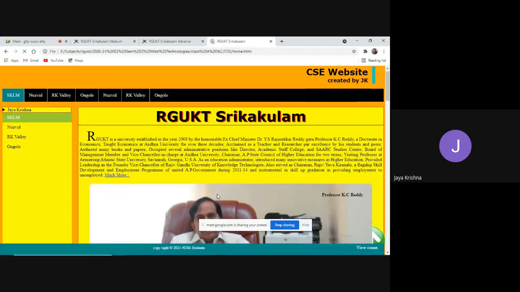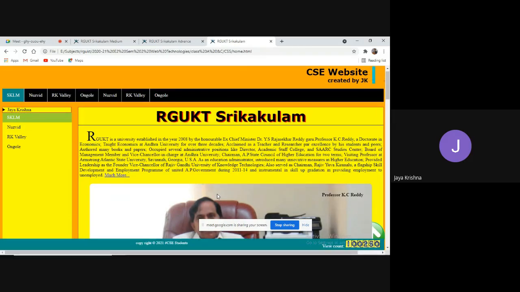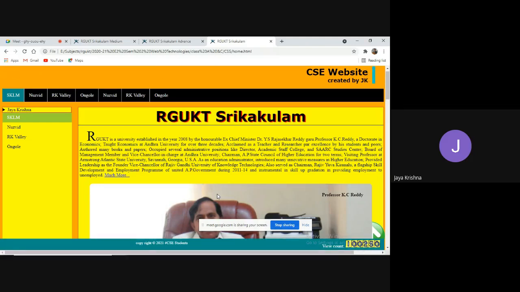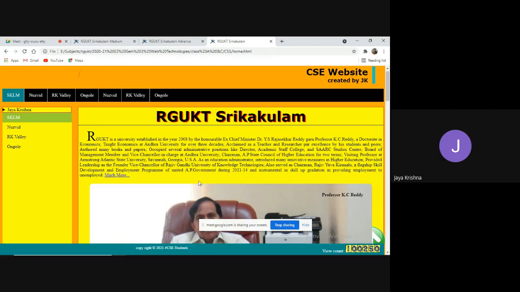Visualize. Yes, fine. At the starting, it comes in blurred, then full mode, and again goes to blur mode. Like this, you can use animations. I hope you have got a clear idea about the animations. Thank you.